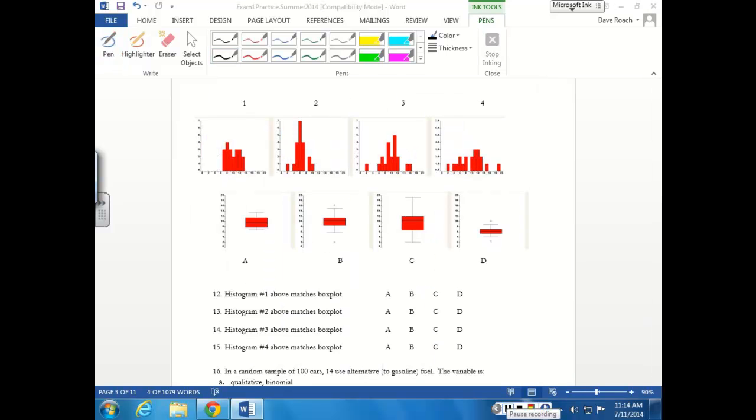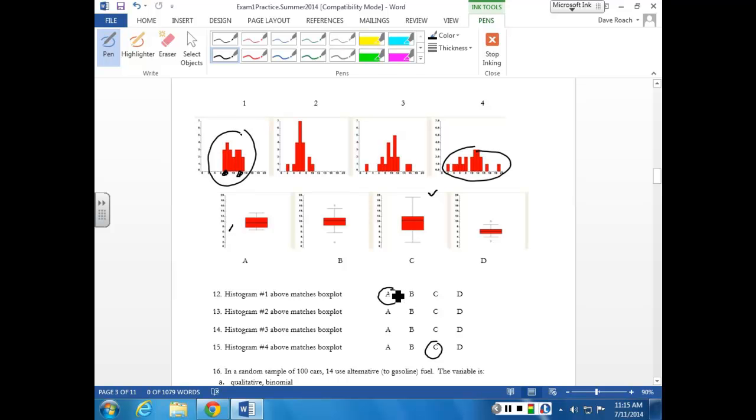Okay, so on the matching here, I think that I'm going to get this C first because you can see it's just going to be the one that's most spread out. That's going to be 4C. And then if you look here at A, with the short tails there, you're looking at something that's kind of scrunched in all without much left on the outside, and that's going to look like this because your quartiles are going to be pretty close to the edges on those. So 1 is going to be A,